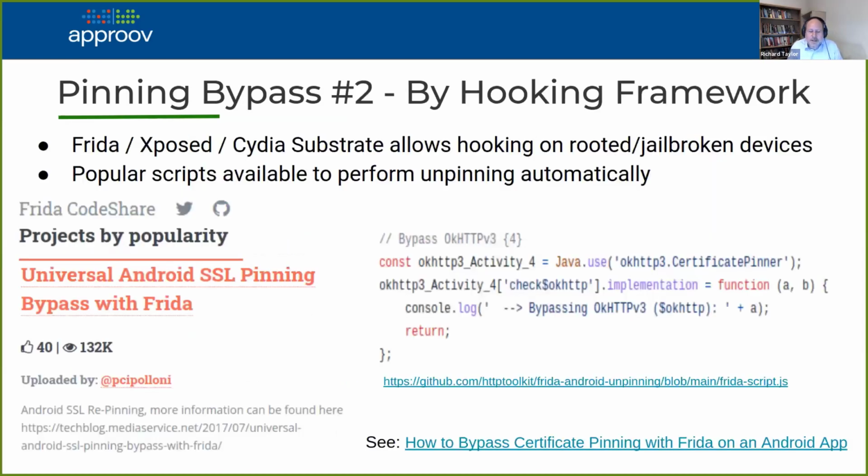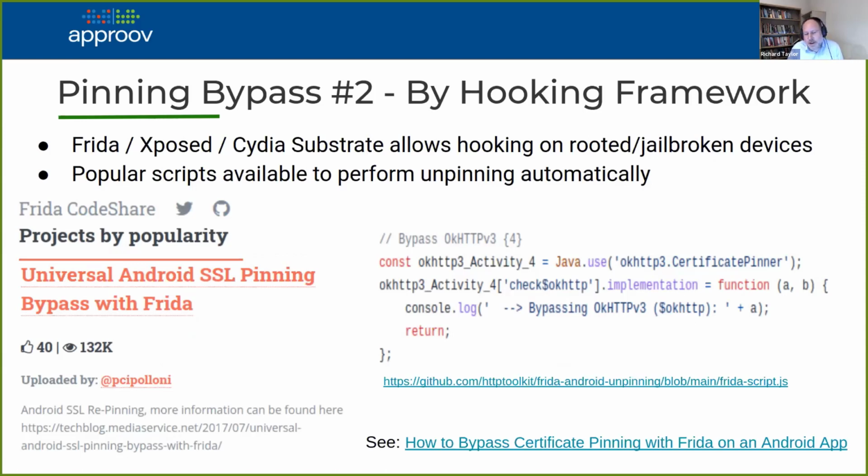The other way of attacking it is a runtime attack. If you have a rooted or jailbroken phone, there are various types of frameworks, Frida being the most well-known and popular, that allow you at runtime to hook certain functions running inside an app and modify the behavior.